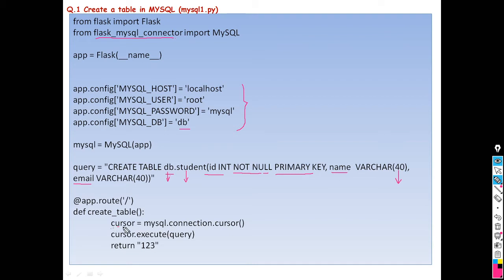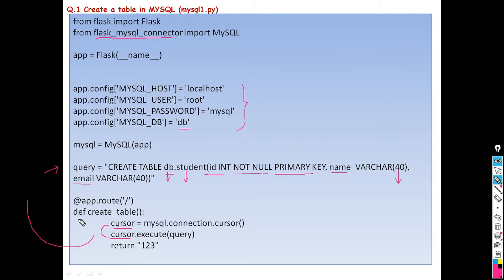Here I have taken the variable cursor. cursor is equal to mysql.connection.cursor(). Then we want to execute this query. So right here the variable name cursor, dot execute, and whichever query we have stored in the variable query. So cursor.execute(query). This query will get executed when the interpreter executes this statement.